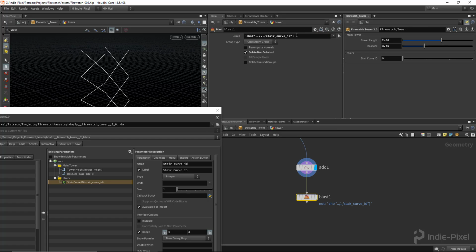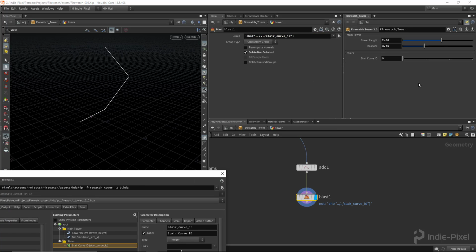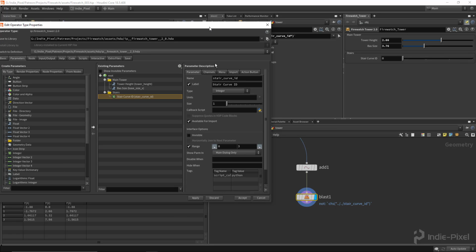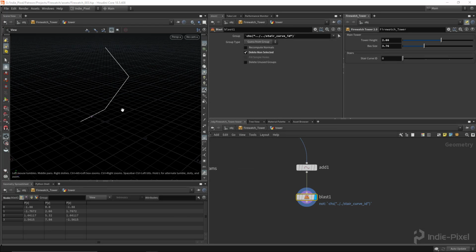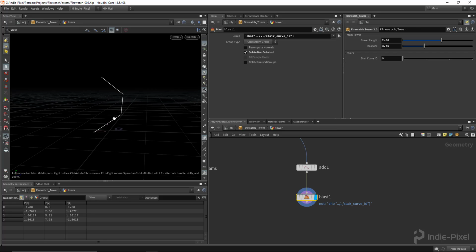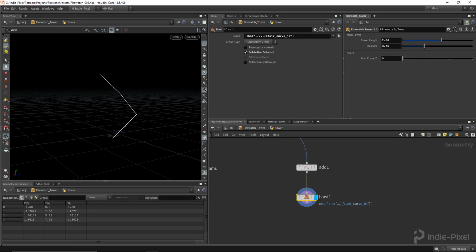So in this case, it needed 2 backticks because really this group is a string, right? And so we have to convert it to a string using the 2 backticks and the CHS. All right, so now if I were to use my curve, you can see I'm selecting which curve to use for the stairs. All right, so just more options for the user, which is always what they want, more options. Cool. All right, so now that we've got that all set up,